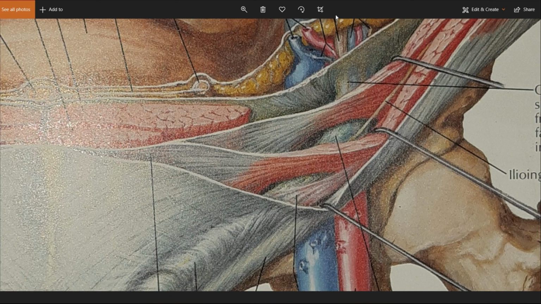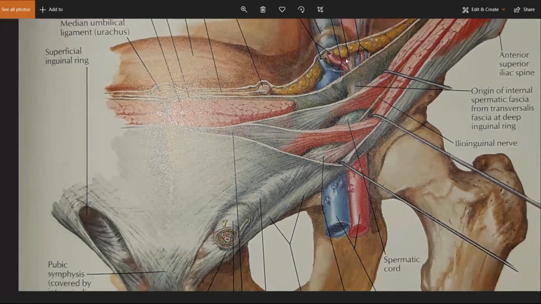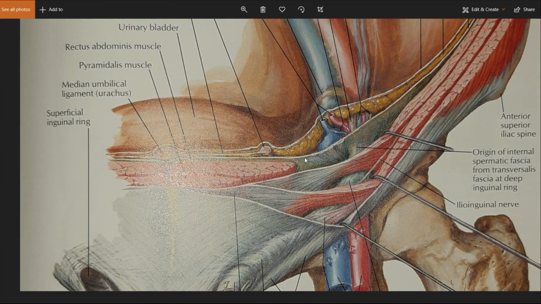And there is the parietal peritoneum as well. So there are three layers. The fascia transversalis, separated from the parietal peritoneum by the extraperitoneal tissue. Then the actual abdominal cavity starts. From the parietal peritoneum, the abdominal cavity has started. But we are right now in the abdominal wall, the anterior abdominal wall. So these three structures, the fascia transversalis, the extraperitoneal tissue, and the parietal peritoneum, form the posterior wall throughout